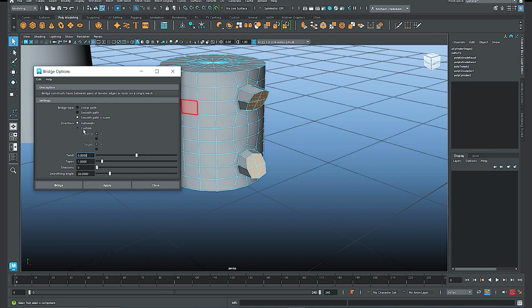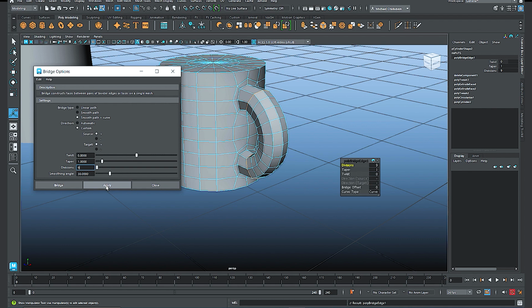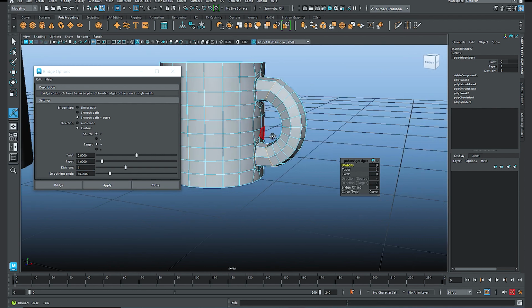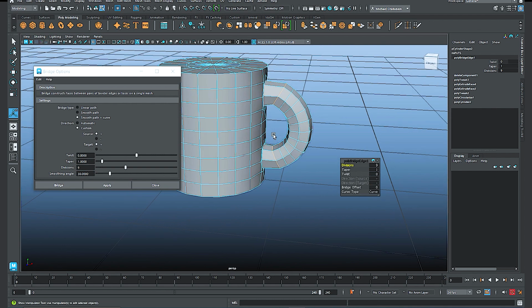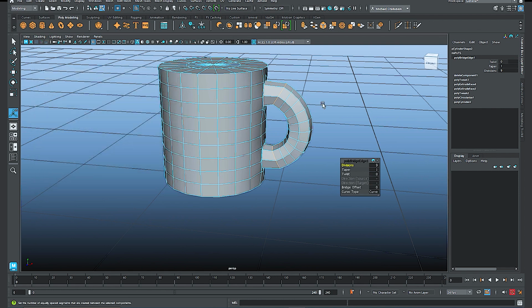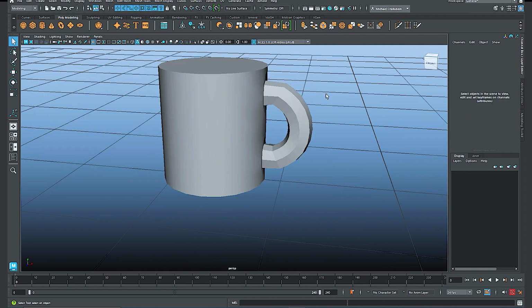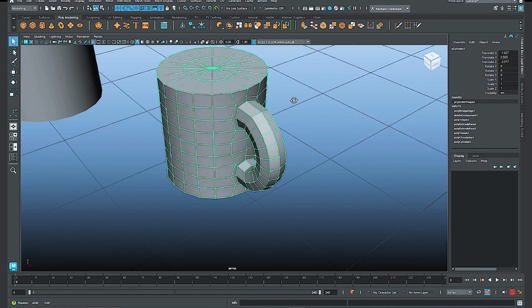All right, and let's customize it. So we're going to add some subdivisions just to make sure that the curve looks smooth. I'm going to go with 9 for now, and then I will say apply. And then you see we have a handle created. Okay, so I think I can work with this. All right, so the next thing I'm going to do is